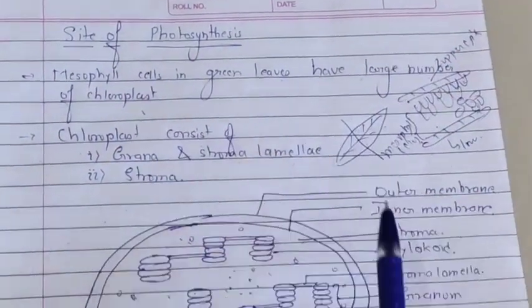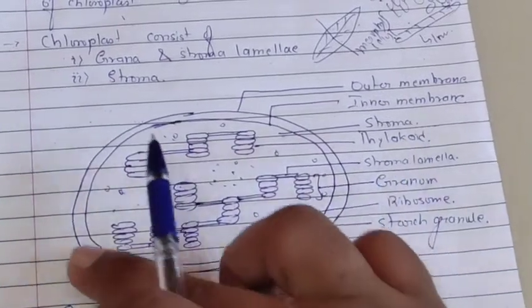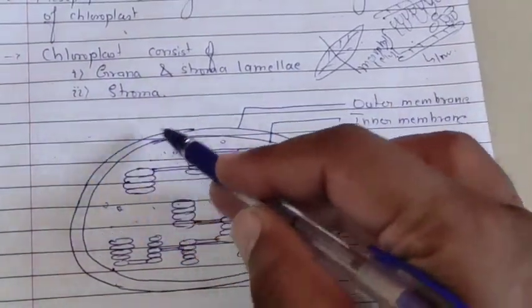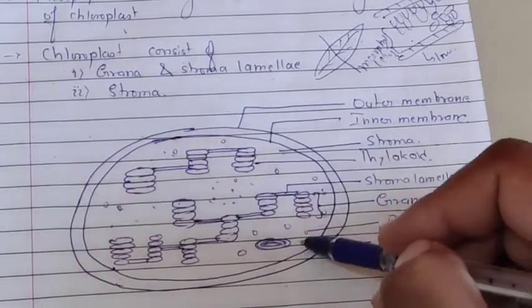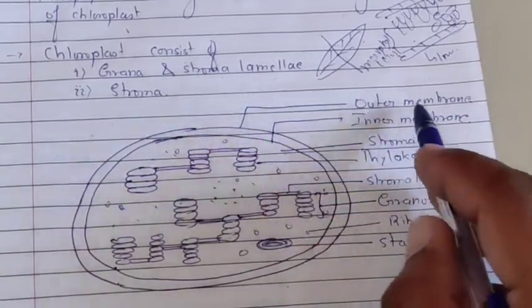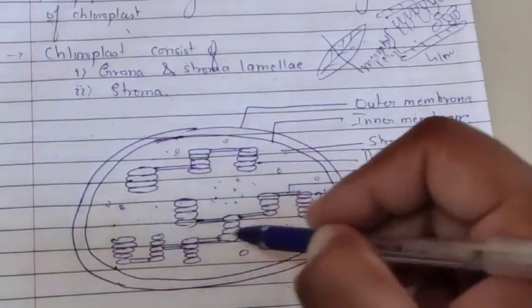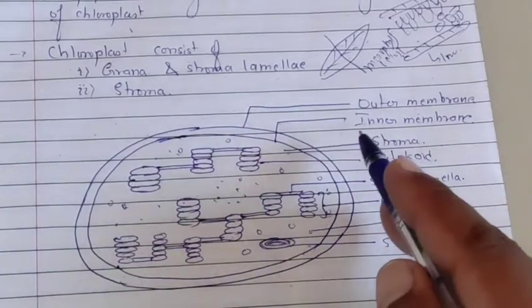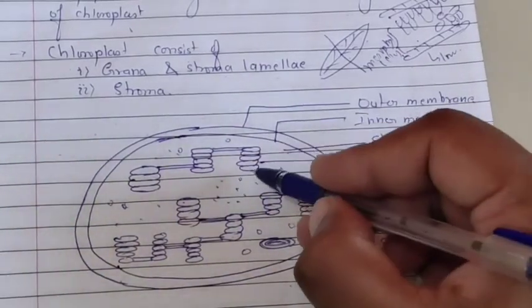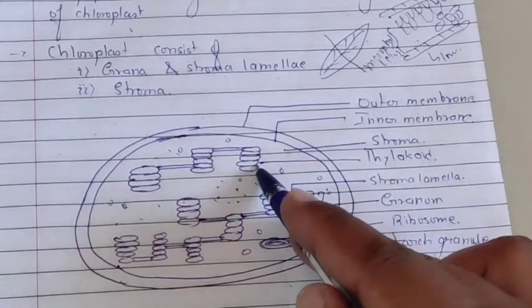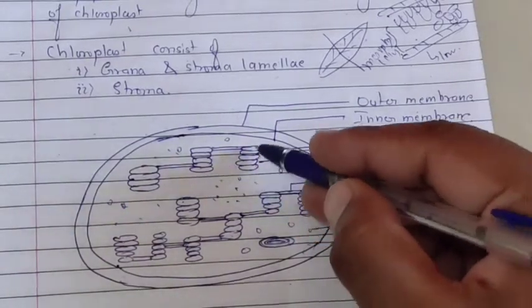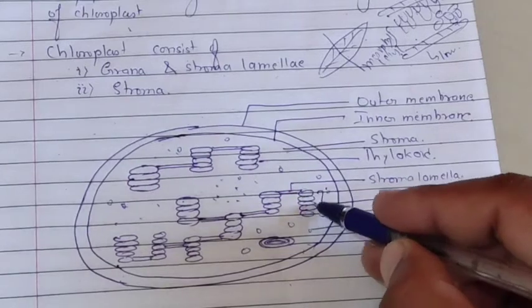We have already studied the chloroplast structure in the cell chapter, but still we are going to see its brief structural details. We know that the chloroplast consists of two membranes. Actually it is a double membrane bound structure, obviously an outer membrane and an inner membrane. Inside that it encloses a semi-fluid material, that is the matrix, called the stroma. Inside the stroma you will see many disc shaped structures. An individual disc shaped structure is called a thylakoid. These thylakoids are arranged one above the other, like piles of coins.